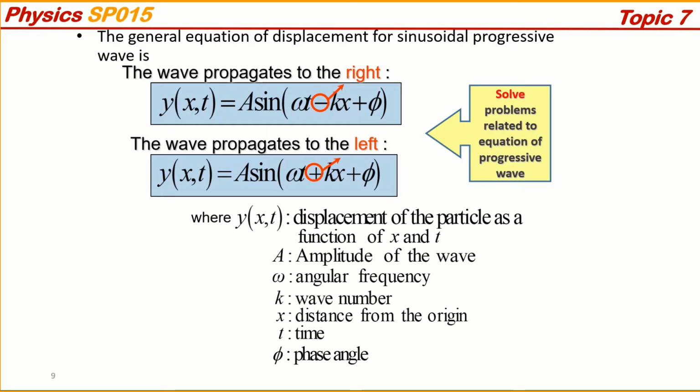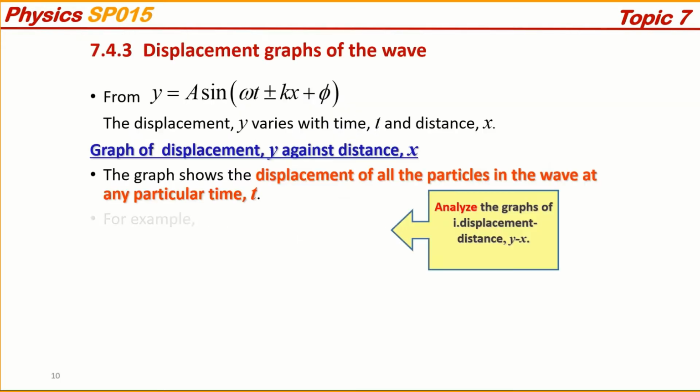We must know where y equals displacement of the particle as a function of x and t, A is the amplitude of the wave, omega is angular frequency, k is wave number, x is distance from the origin, t is time, and phi is phase angle. Displacement graph of the wave. From y equals A sine omega t plus or minus kx plus phi, the displacement y varies with time t